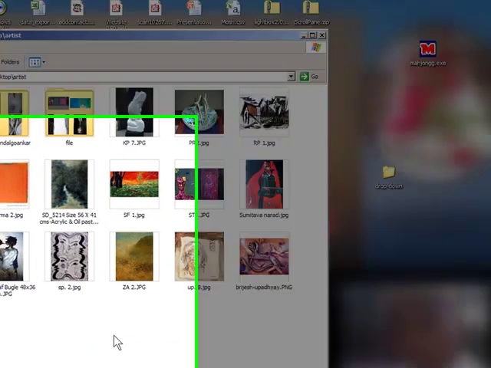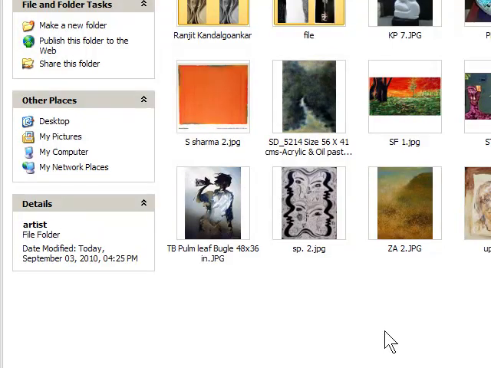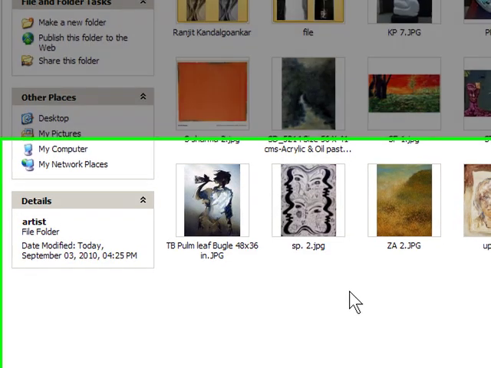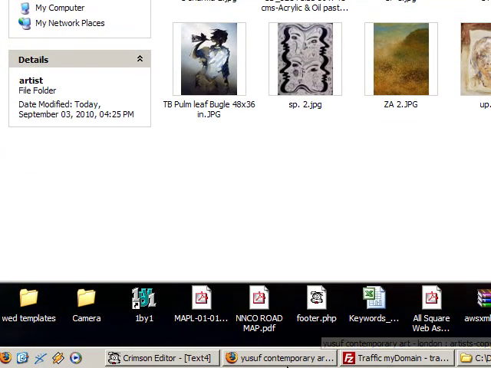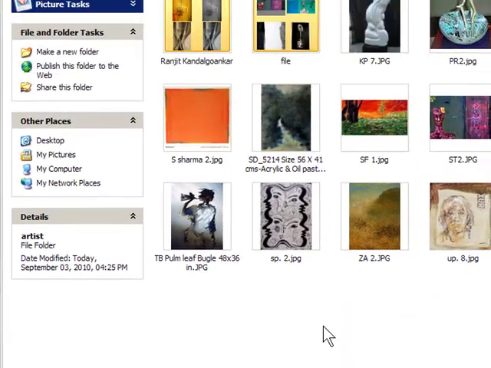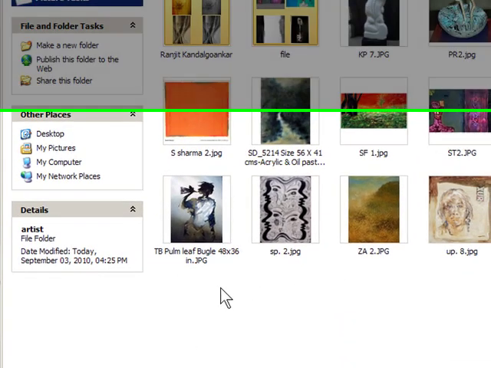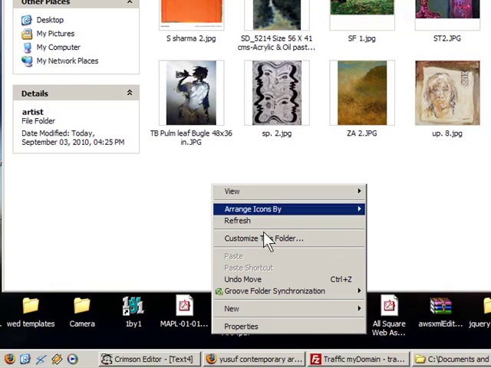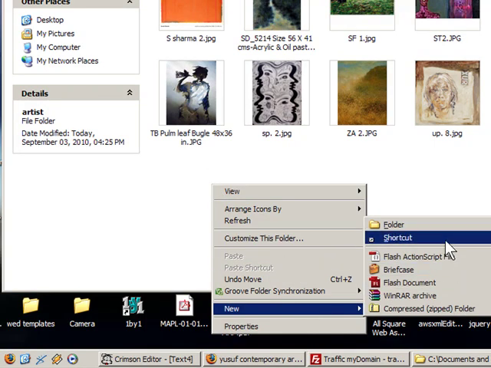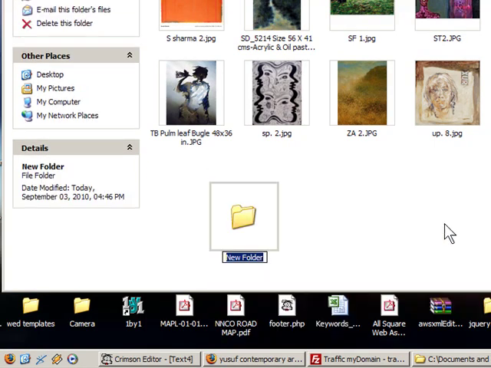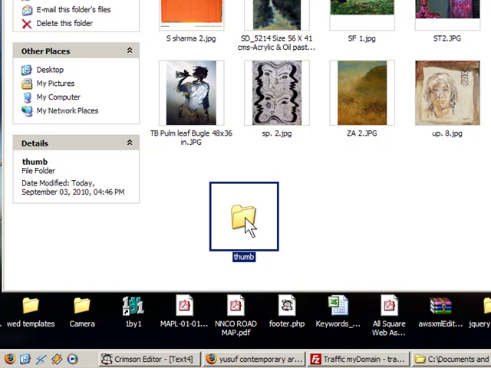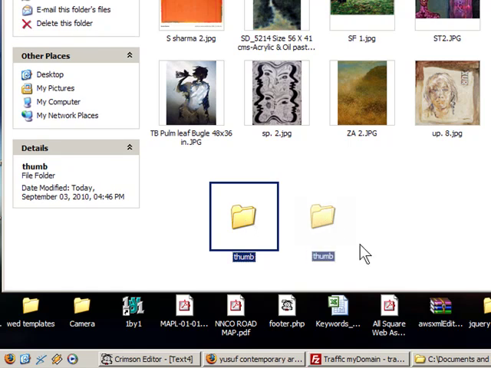Now, what do I need for these photographs? I need a thumbnail of each photograph, and I need a black and white thumbnail. So let's go ahead and create those folders so that we know how things are going to flow. I'll say new, folder. I'm going to call this thumb. Okay, and I'm going to make a copy of this, and I'm going to call it